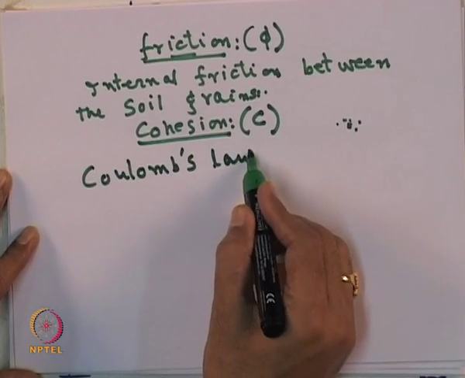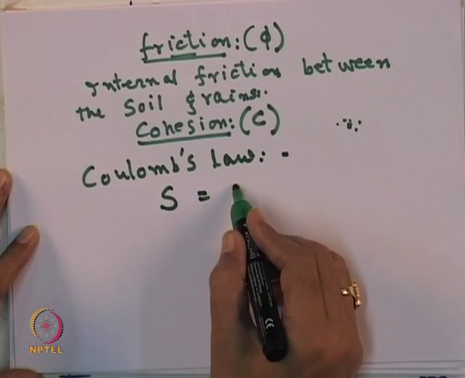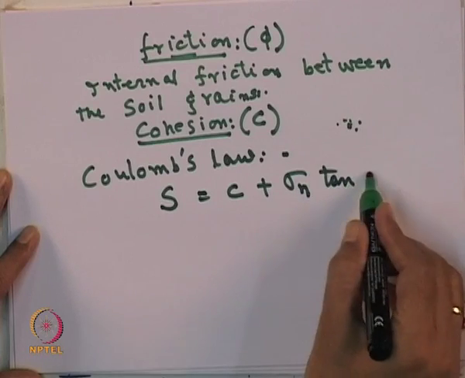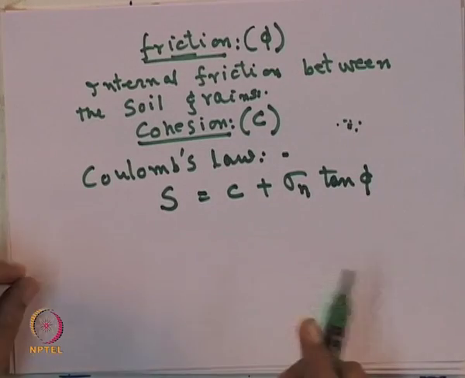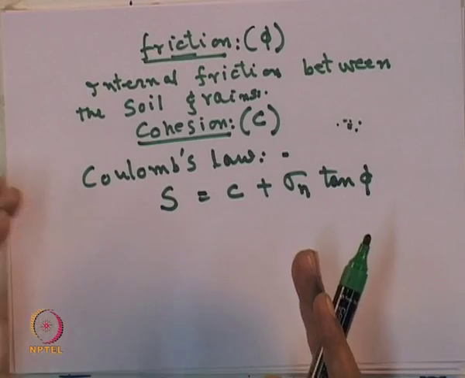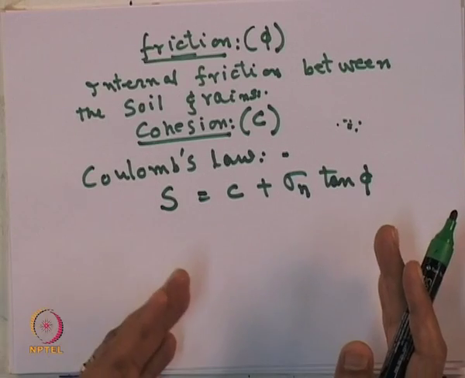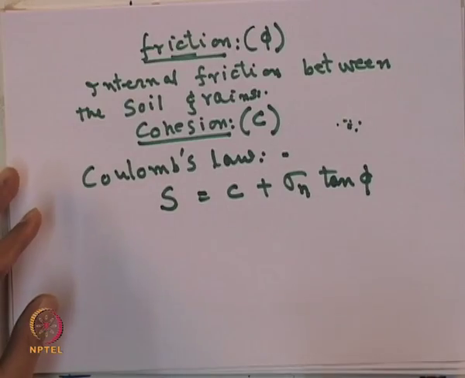S is equal to C plus sigma n into tan of pi. Coulomb developed this law, that means the shear strength of the soil is equal to the cohesion, that is C, plus the angle of internal friction, that is pi, for a particular normal load sigma n, where